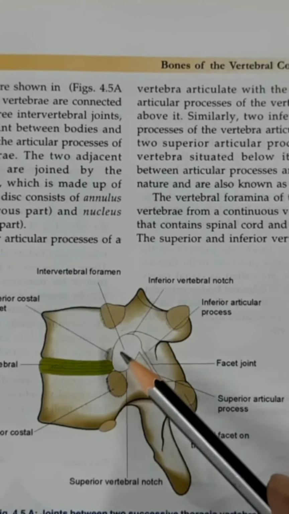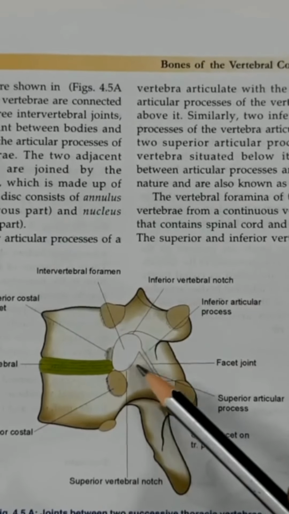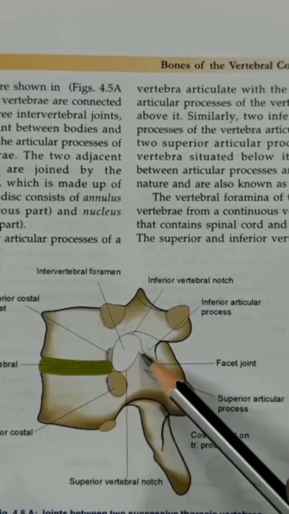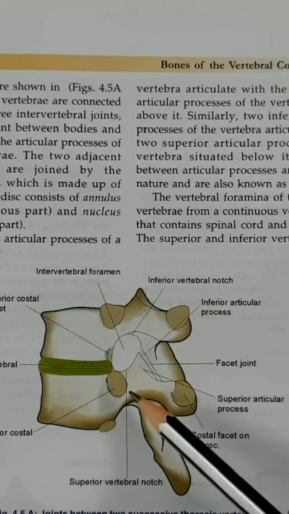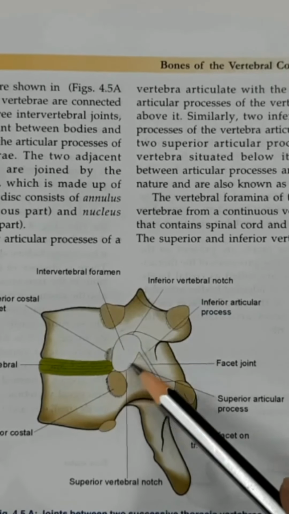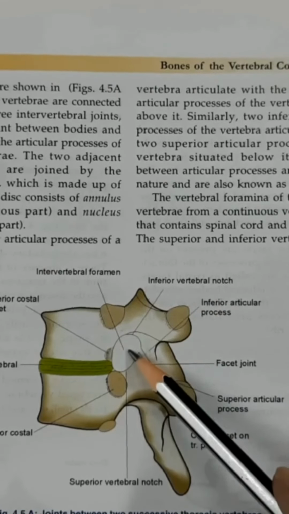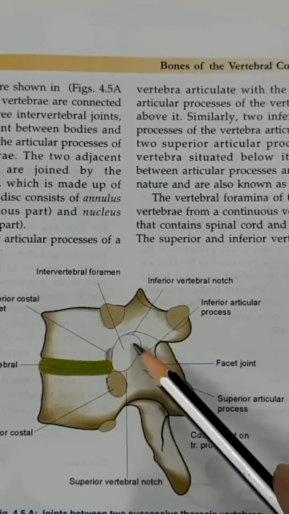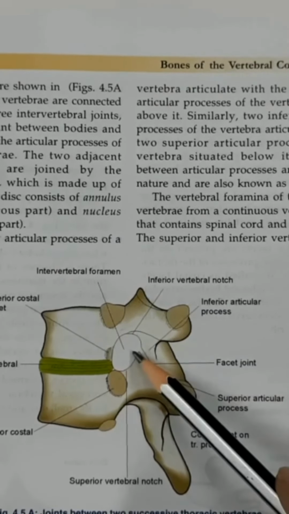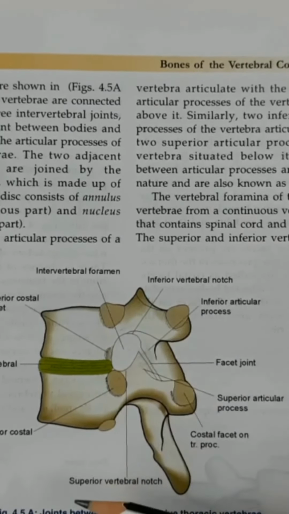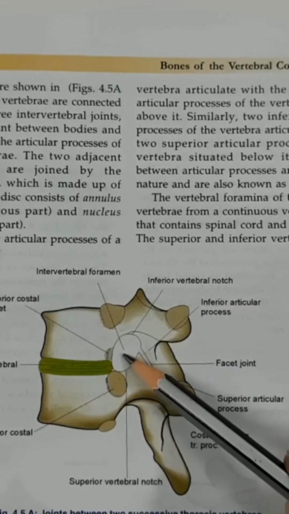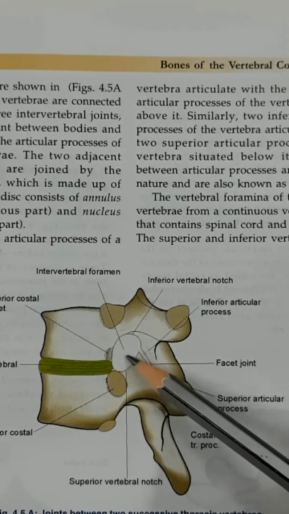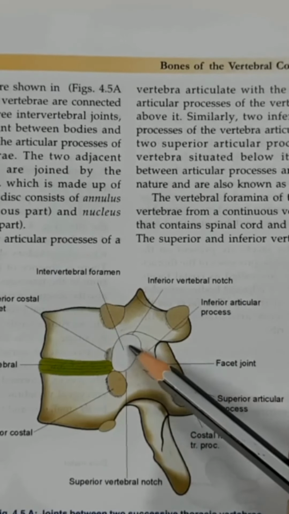So this foramen on the right side will be seen on the left side also, because the pedicles and laminae are on both sides, and the facets are on both sides. And this is the intervertebral foramen. Through this intervertebral foramen, what will come out? The spinal nerve will come out. Then the spinal vein will go in and may come out also. But the artery will go in to supply the spinal cord.